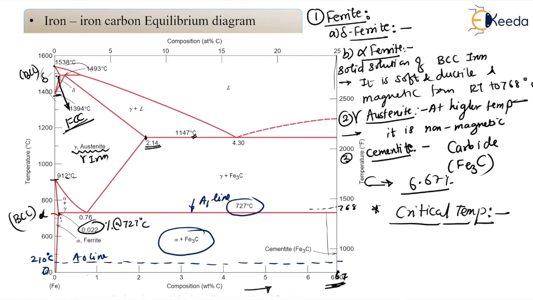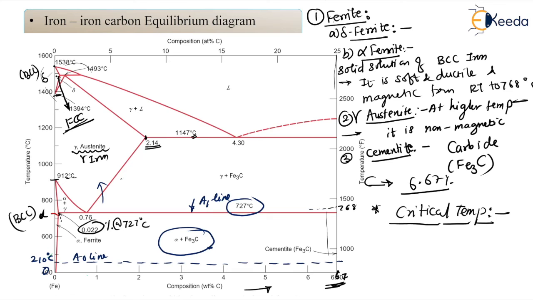in laminar fashion, that is nothing but the perlite. Definitely we are going to see this transformation in detail, how this hypo and hypereutectoid transformation is going to happen and how this perlite is going to form. We are going to see it in great detail dear students, but at this moment, just for these definitions, you can remember in your mind that this A1 temperature or A1 line is the temperature at which the perlite transforms to austenite, okay, at 727 degree centigrade. So this is the A1 line dear students.